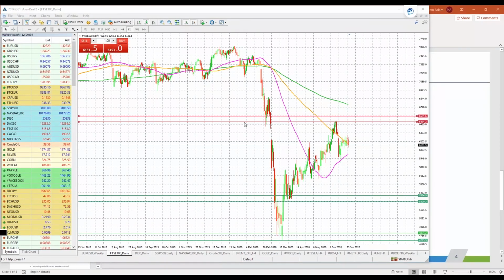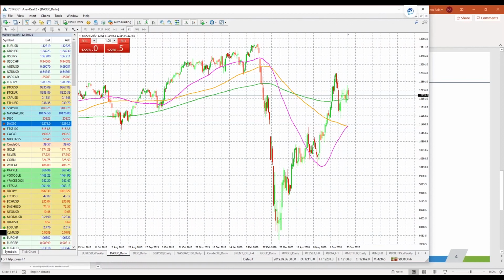Someone is asking, would you expect these indices to move in the same direction but with different magnitude? Yes, for sure. This is what we have seen so far. Can you please check VKFR in European tickers? We won't have time to check VKFR, and I don't know what you mean by VKFR honestly. But I will quickly bring up the DAX before we call it a day, or give you guys an opportunity to ask a little bit more questions.